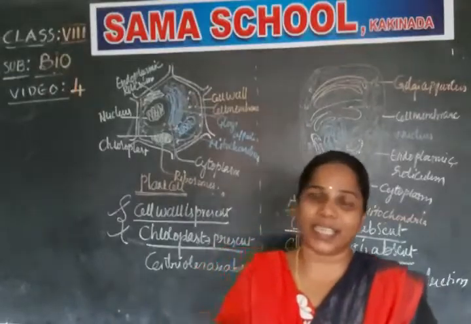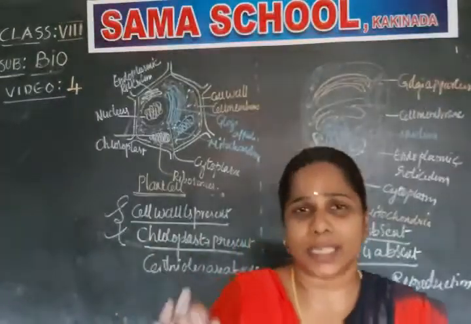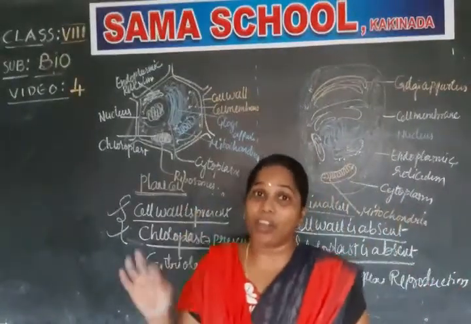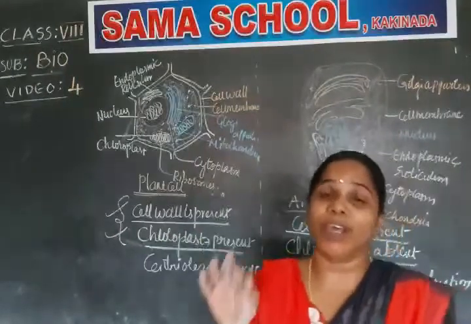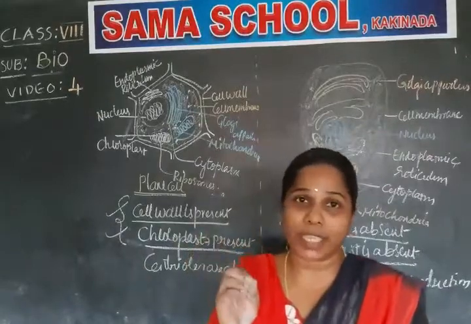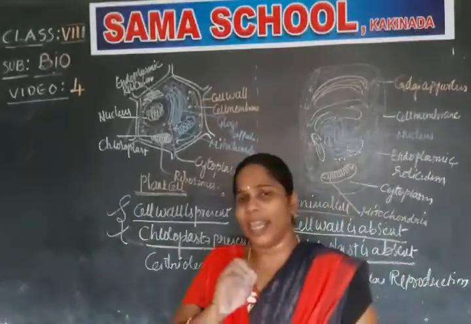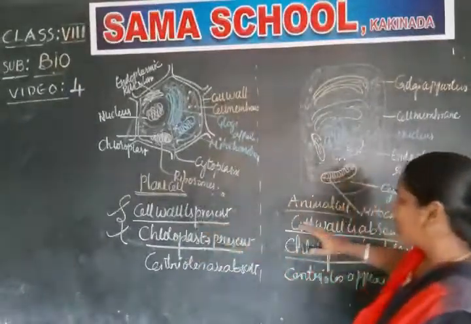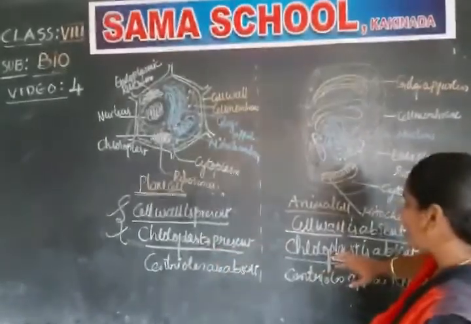So that is the reason in a multicellular organism there are various cells that form a tissue, and tissue forms an organ, and organ systems play a major role in the life processes. Have you understood? So what I am saying here is that in a plant cell and an animal cell, the major differences are: cell wall is present, cell wall is absent. Here chloroplast is present, chloroplast is absent.